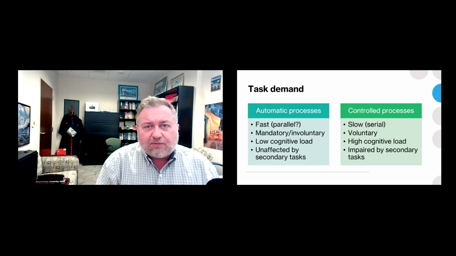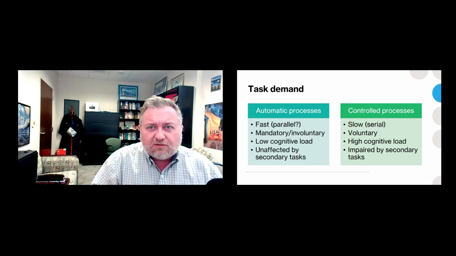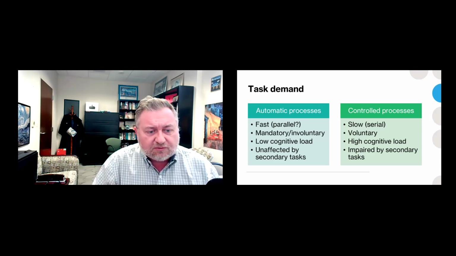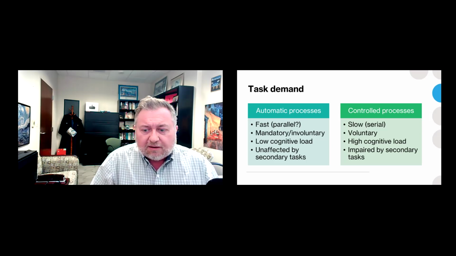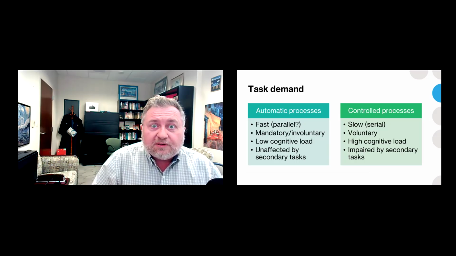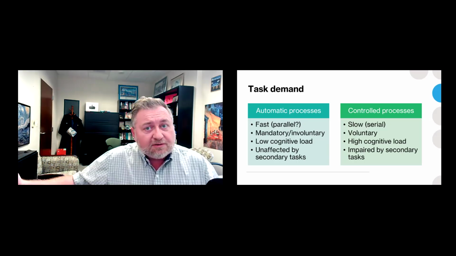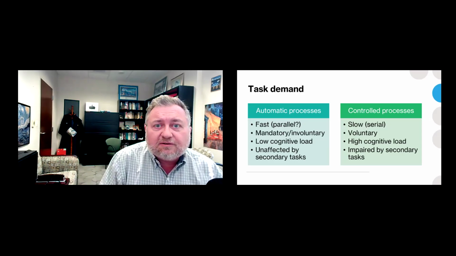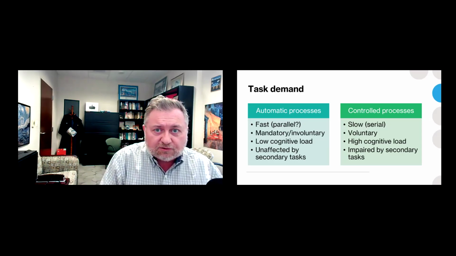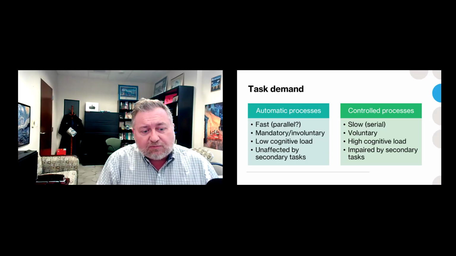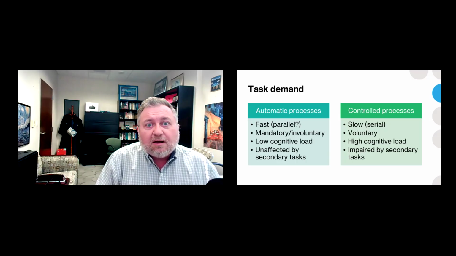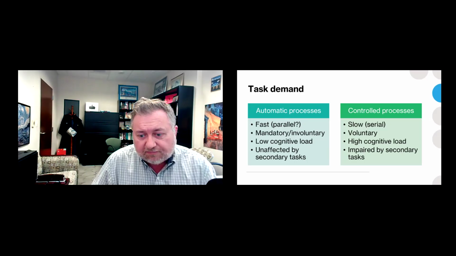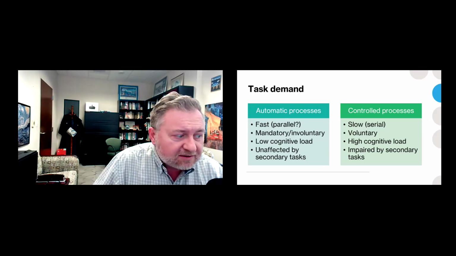So what we're going to see is that when it comes to this kind of divided attention, dual tasking, multitasking situation, the degree to which any task is impacted by others is going to be a function of how controlled the task is in the first place. And if it's not particularly a controlled task, something automatic, it won't show a lot of impairment because of those distractions. But obviously, a controlled task will.